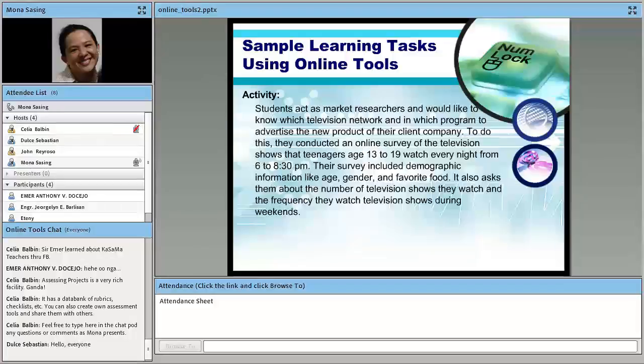Okay, so my question now, from this activity, what online tools can you use? You can write on the chat pad, please. What online tools can you use?